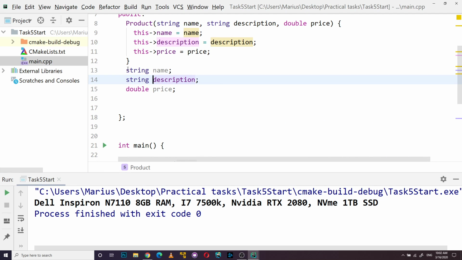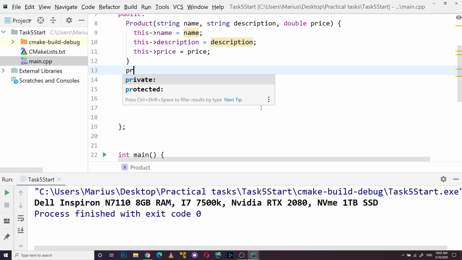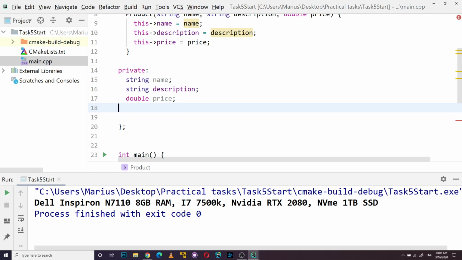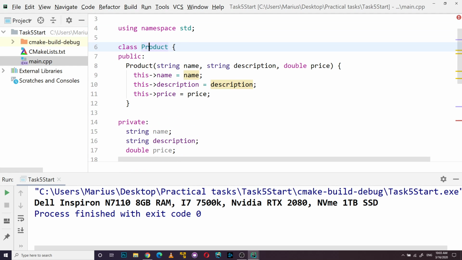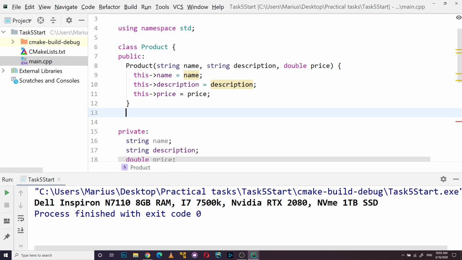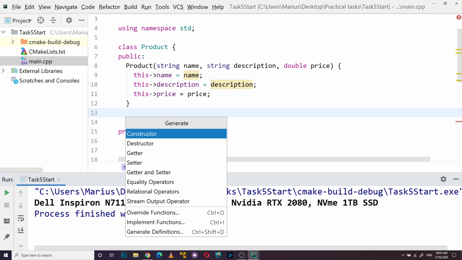Of course, if those fields are public, we recommend using private instead. And if using private, you need to change this and create public methods to get description, name, and price. And when you hit Alt Insert, you're able to create the